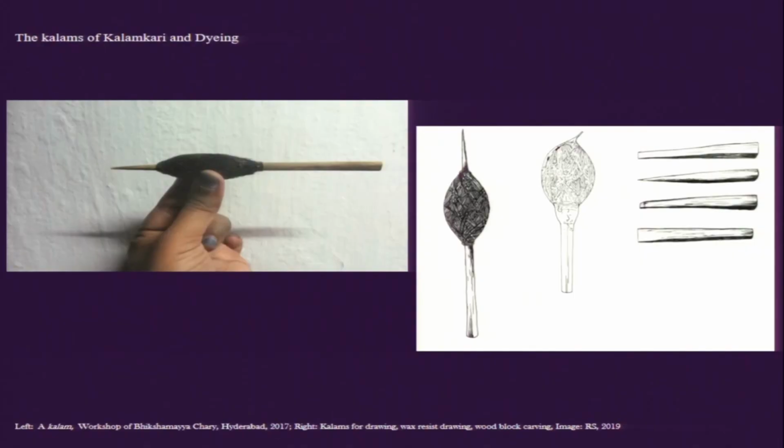Now with that, let us come to the technique of making kalamkari, that is, why do we call all these different kinds of textiles under the same umbrella term kalamkari. Now this particular idea of kalam that we see comes from the idea of something that has a sharp edge or a sharp tip and is used for writing, which came from the idea of a reed pen.